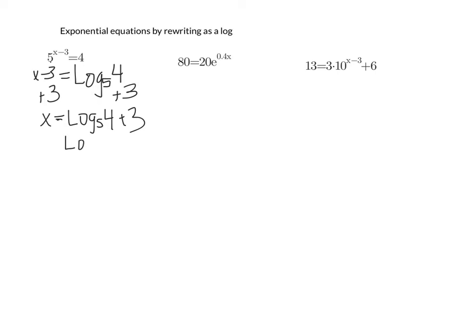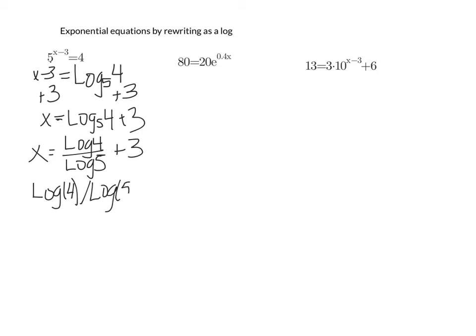And if you don't have a cheater key, then you have to use the log of 4 divided by the log of 5, which is our change of base formula, the log of the part divided by the log of the base, plus 3, and then you plug that into a calculator. It's extremely important when you plug this in the calculator, you do the log, if you have a scrolling calculator and it opens parentheses, 4, you close that parentheses before you hit the divide. Then log of 5, close that parentheses, and then you can hit the plus 3. And that's approximately